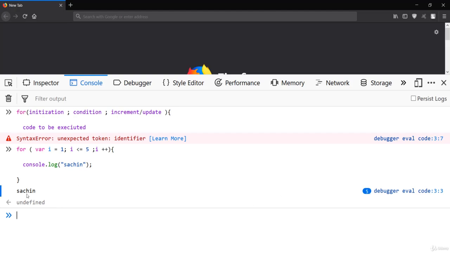You can see it is 5 here. That means you have used this loop to print your name 5 times. So this is your simple for loop, where you have initialization, condition, and increment in order to do the same task multiple times.